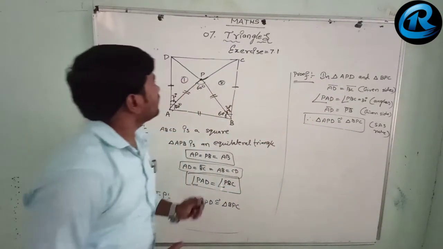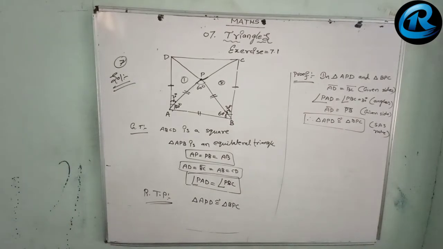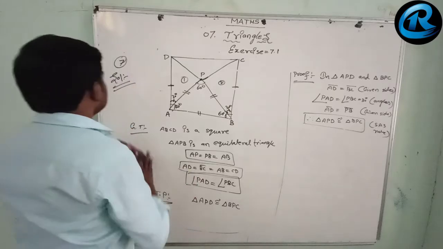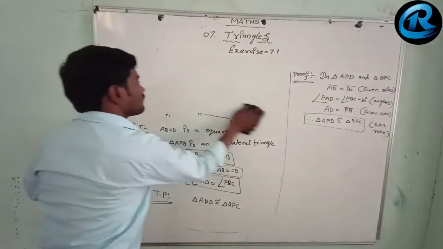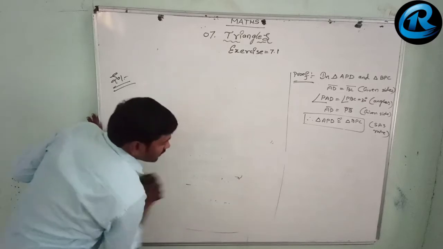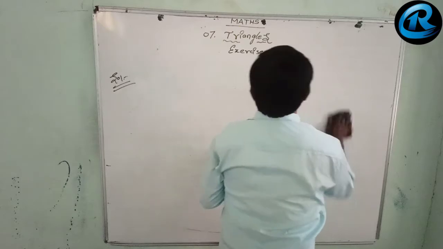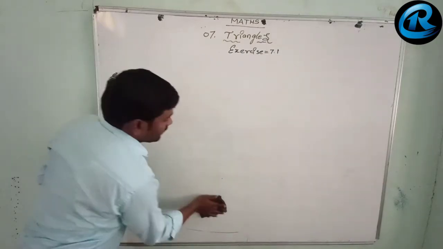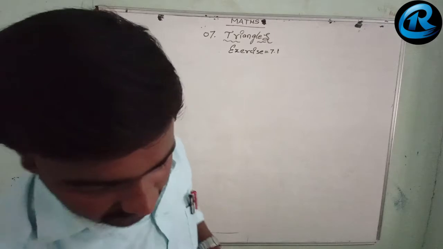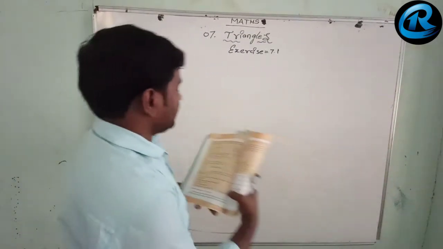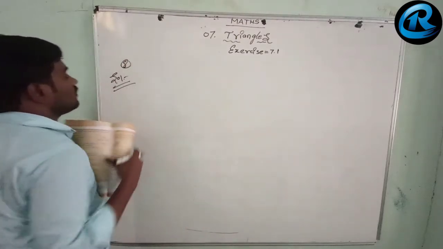Did he ask anything again? Nothing he asked. Once you look at this, if there is anything you want, let us go for that. Now we go for question number 8. It is very easy. You have to write Given, RTP, Proof, and Therefore. These four steps you have to maintain, so mention this clearly. It is also a very easy one.